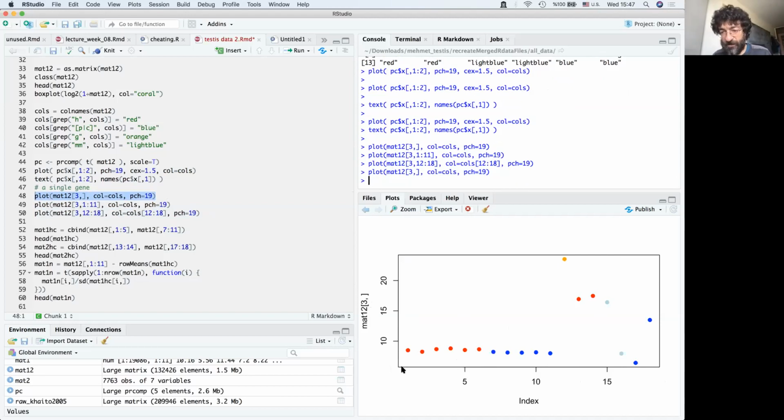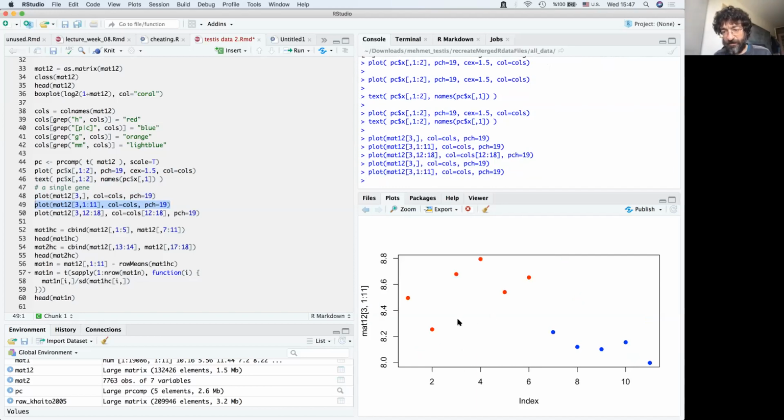As you see, in fact, there is a trend of higher expression in humans than chimps in both cases. If we zoom in on the microarray part of the data for this gene, we see a pattern like this: humans, chimps. This is significant, right? Any test, parametric or non-parametric, would tell you this is significant.